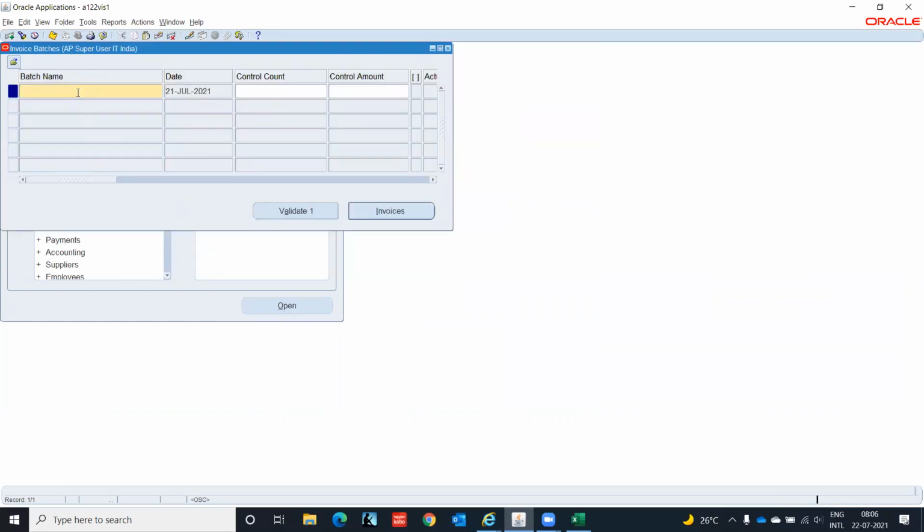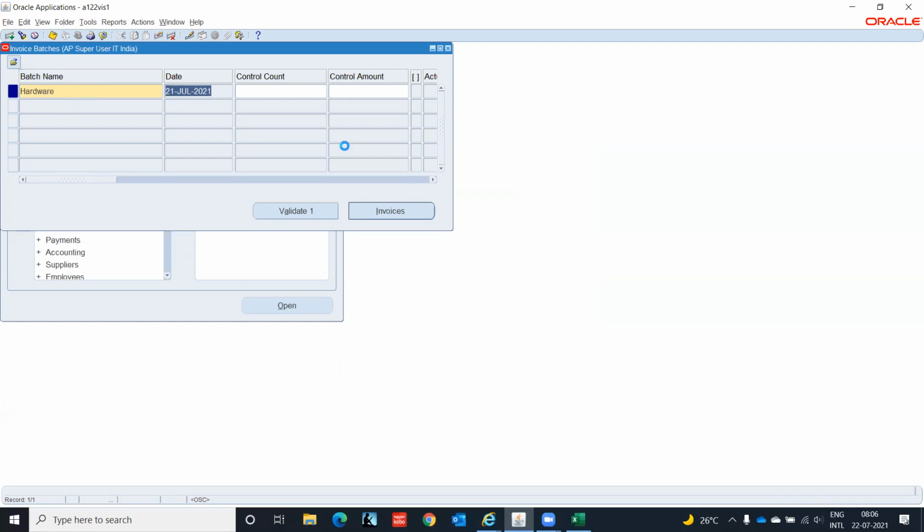Let's say IT India, hardware supplier. The date will be the 21st.